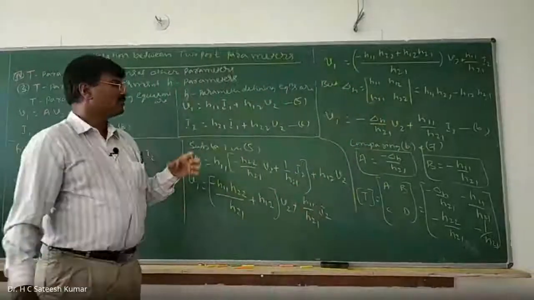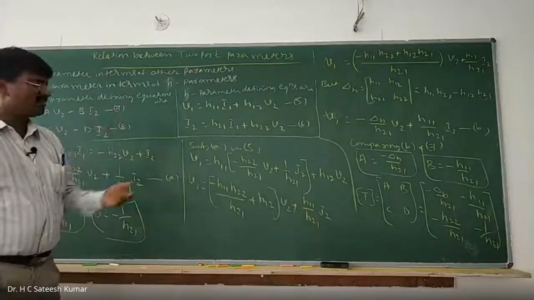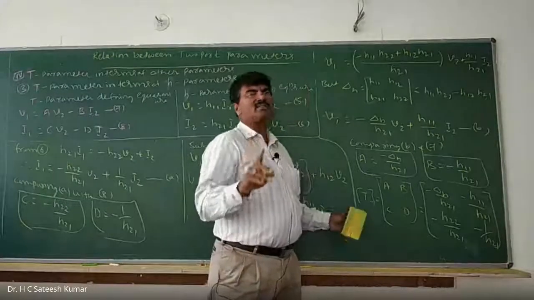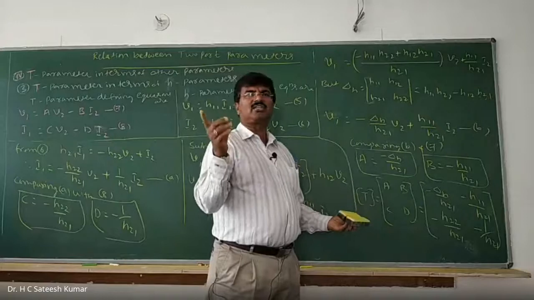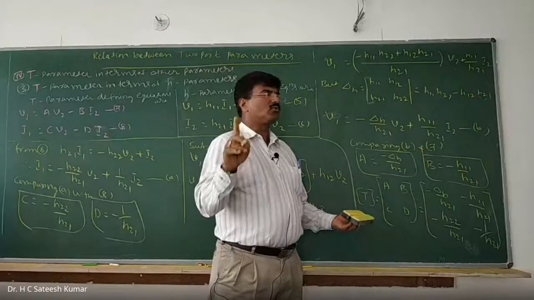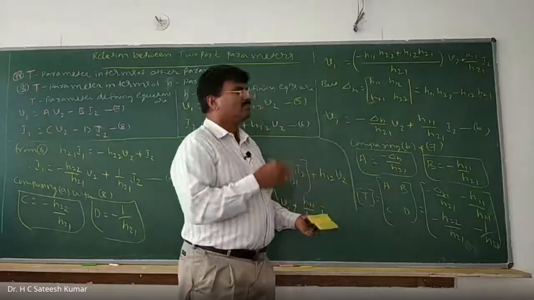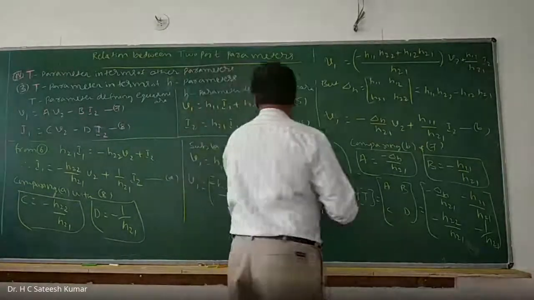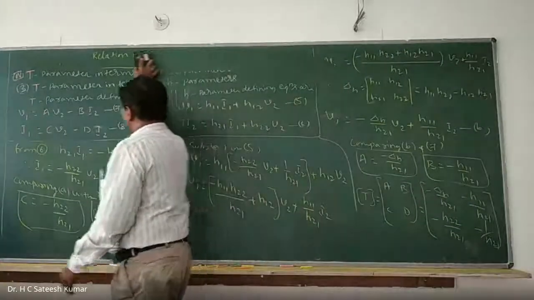So they may ask any of these derivations, and the method remains the same. The only time the method changes is when you're representing Z in terms of Y and Y in terms of Z. When you're doing that one, you'll have to go for Cramer's rule. Other than that, by shuffling only, we can derive all other 10 derivations, right? So this is one of the regular questions that we have seen in the examination.